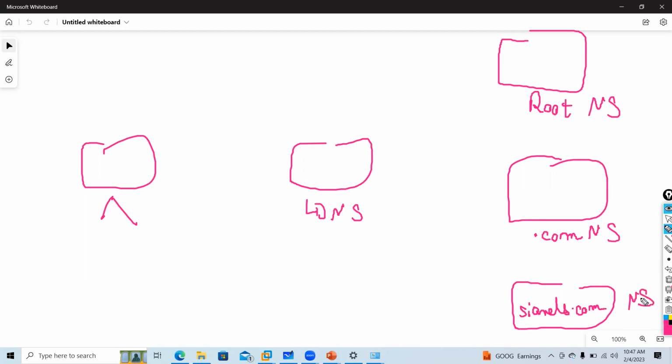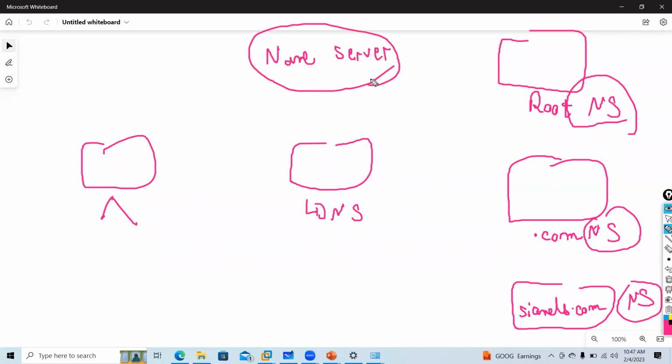Now guys, if you see, in every case there is a concept called name server. What is a name server, guys? First of all, let's understand what a name server is. Then we will understand the DNS resolution flow.